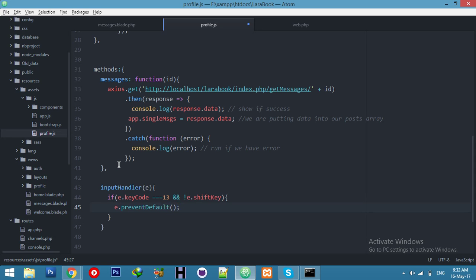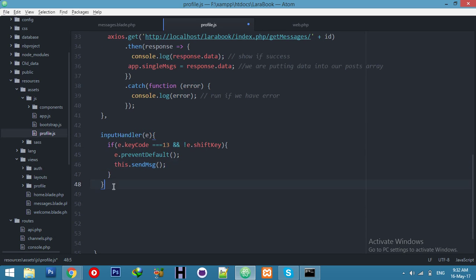Okay, it's your prevent default. This dot start a new message, a new function. We need to display this new message here. Send message. Yeah, and here we will check again if this dot